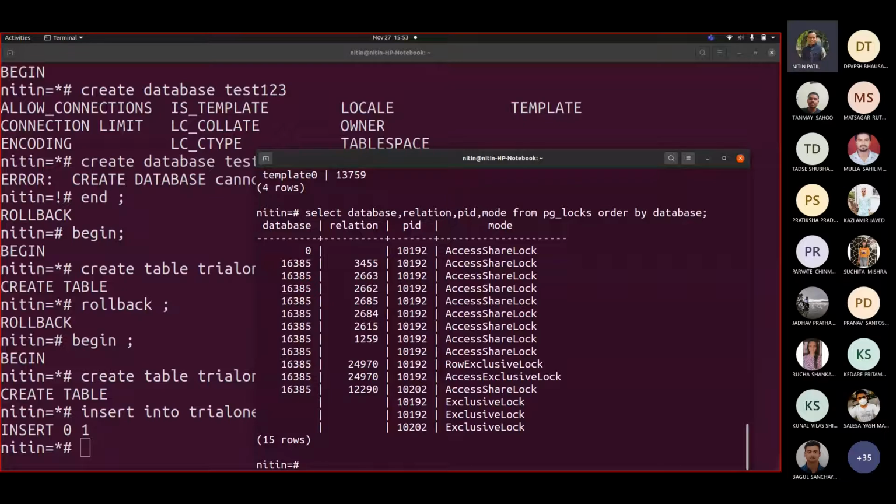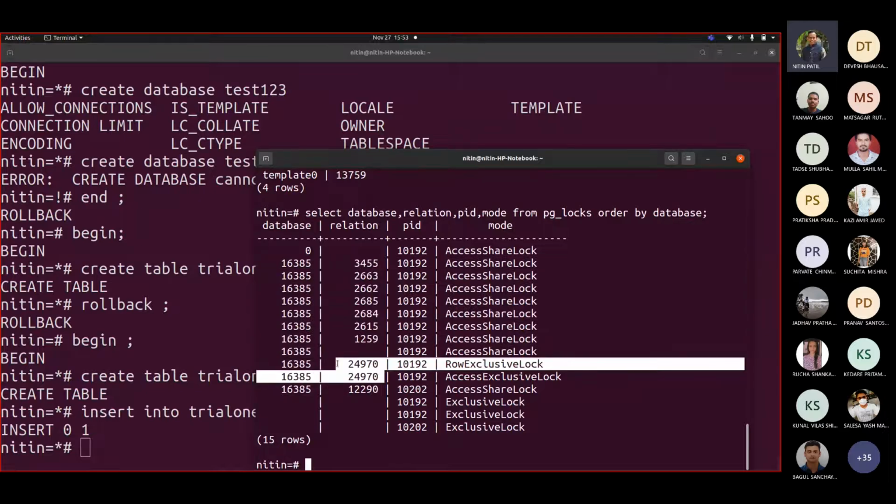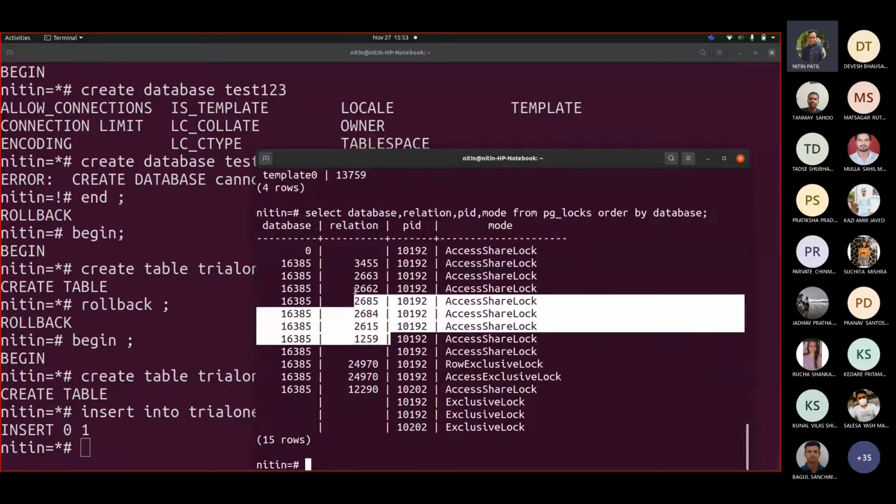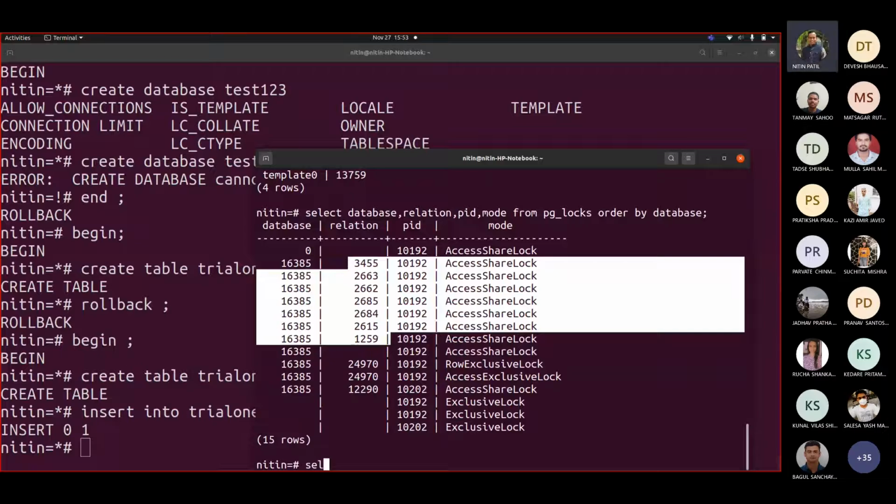Correct. First question. Now we try to see what these entries are. At least one can understand this is for the table trial1. What do these entries mean for us? Let us write select OID, relname from pg_class where OID less than 3555.